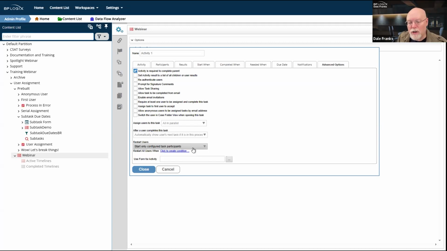Now, look, this is a good choice. It's a good default choice because I think for the most part, this is kind of how we want restarts to work. But not always.